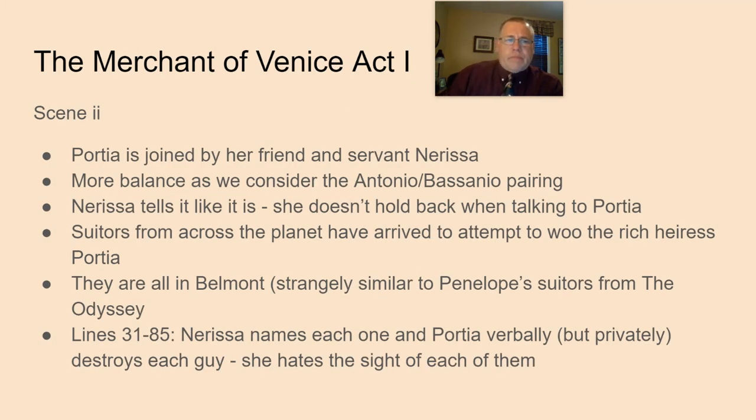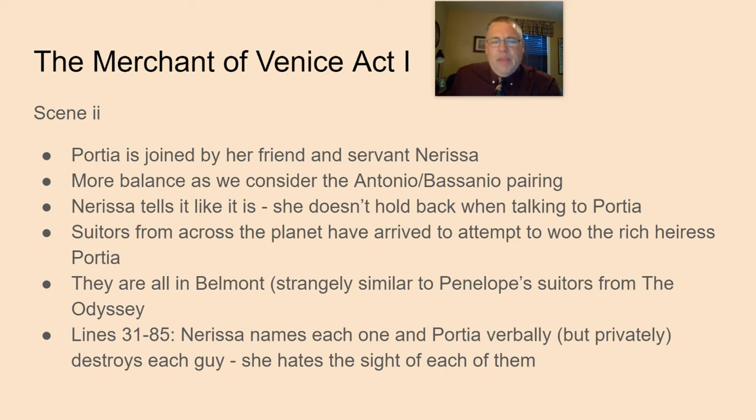And so again, in the beginning, we have this scene with these two friends, and they are here in Belmont, and what we learn is that again, suitors from across the planet are arriving at Belmont to woo the rich heiress Portia. There are people in the house in Belmont who are there specifically to try to gain Portia's hand in marriage. An interesting similarity here between Portia and the suitors that were, if you recall, in the Odyssey,